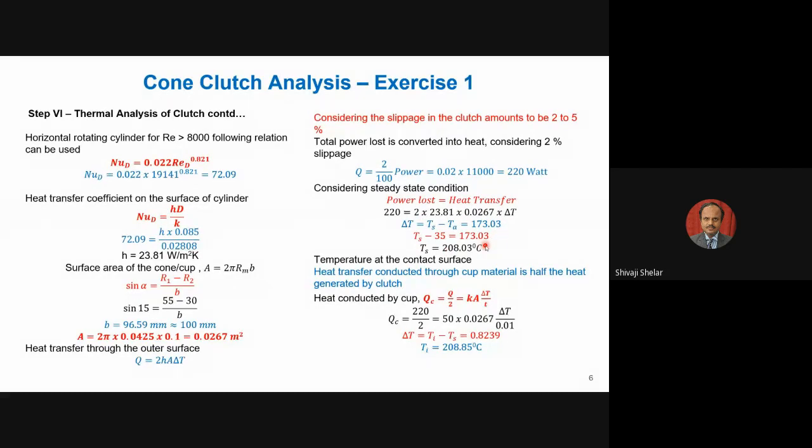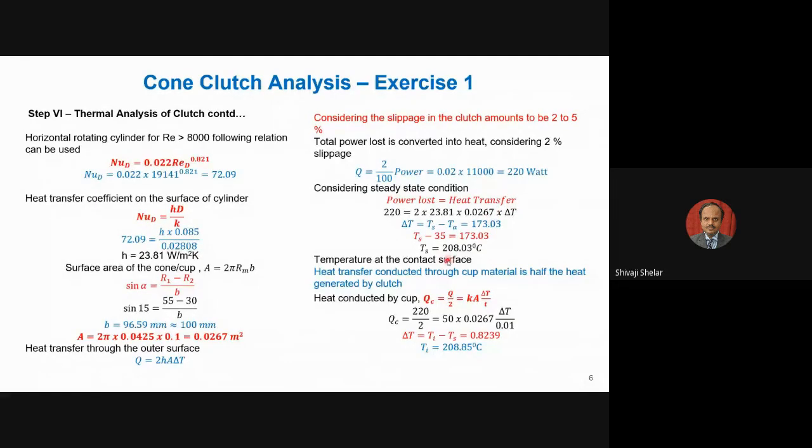Because if your surface temperature exceeds, say, 100 or 150 degrees Celsius, the predominant heat transfer mode is normally radiation, followed by convection, and then conduction. So when your delta T is greater than, say, 100 or 150 degrees Celsius, the major heat transfer is by radiation, which is not considered. So if we consider the heat transfer by radiation, the surface temperature may be less than 200 degrees Celsius, but definitely not less than 150 degrees Celsius. So this way we can calculate the surface temperature considering the entire heat transfer is by conduction and convection.